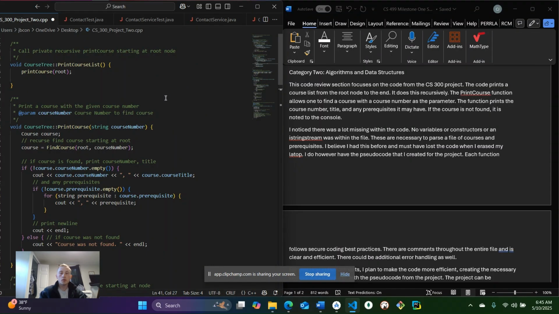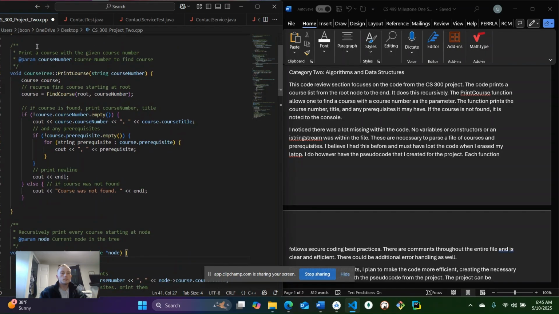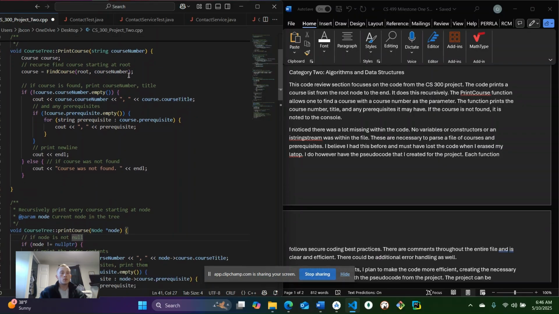The print course function allows one to find a course with a course number as the parameter. The function prints the course number, title, and any prerequisites it may have. If the course is not found, it is noted to the console. So here we have our print course list. It's going to print every course from the root. And here we're going to print a course with the given parameter, course number, to find the course that they're